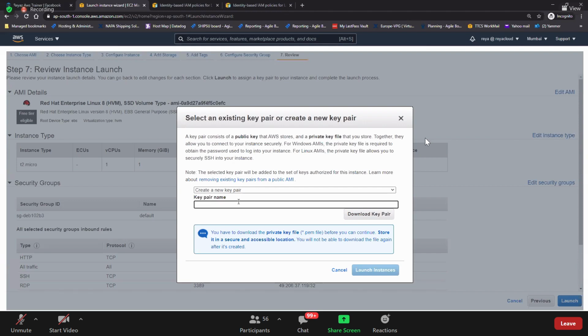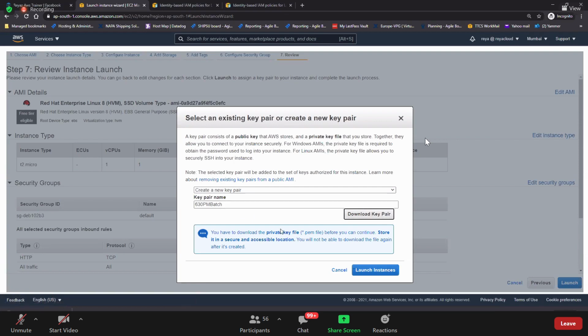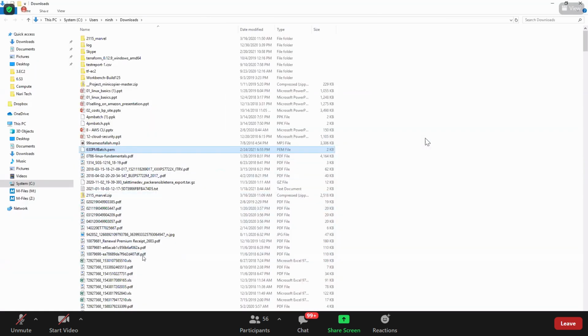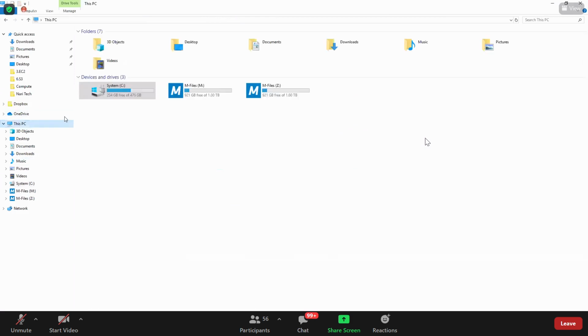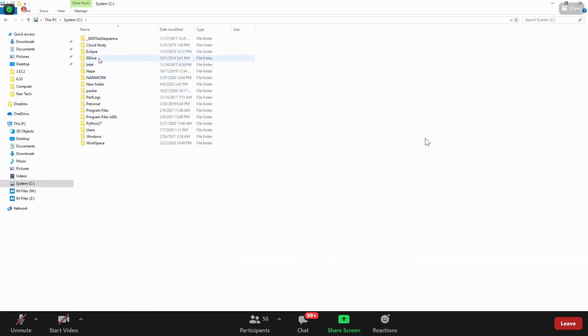So this time I'm calling it 6:30 p.m. batch. Key pair name. I'm just giving any key pair name. So go and download this, guys. Download it. This is a PEM file, where you have to be very careful, and you go and put it somewhere in a nice place.